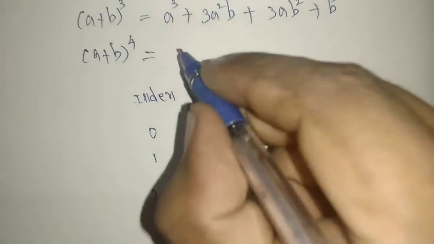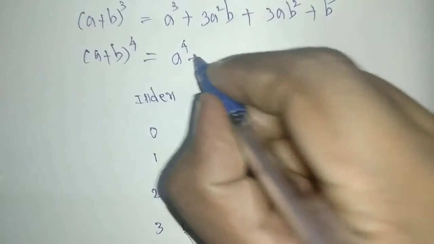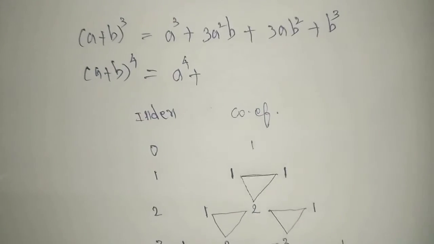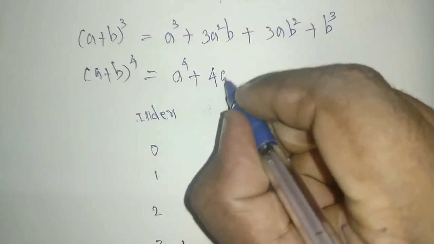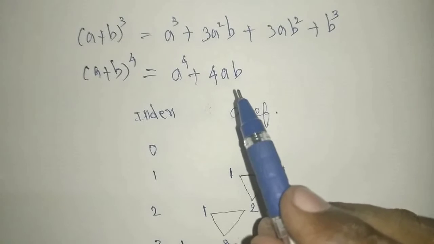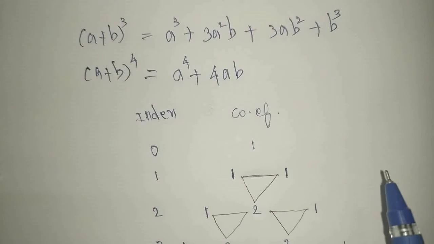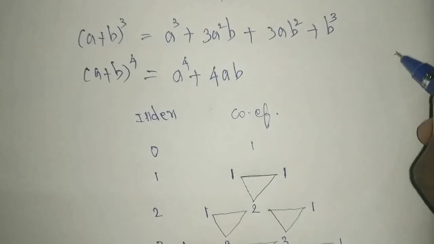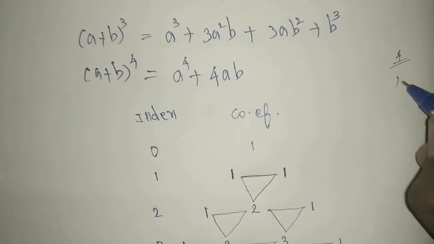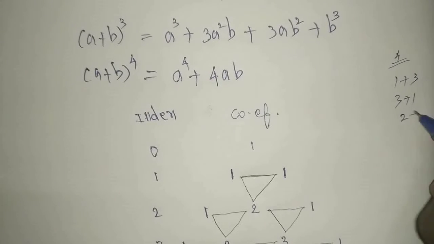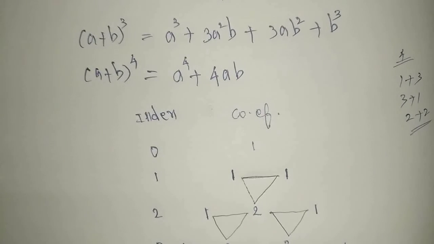Listen carefully. 1 means a power 4. Next, what we got is 4. 4 means you can give just 4, and a b. So for the power 4, how can you write it? 1 plus 3, 2 plus 2, like that. You have to check the highest power, 4. We can write 1 plus 3 and 3 plus 1, next 2 plus 2, that's it. Only the plus, not subtraction. Based on that we need to write.